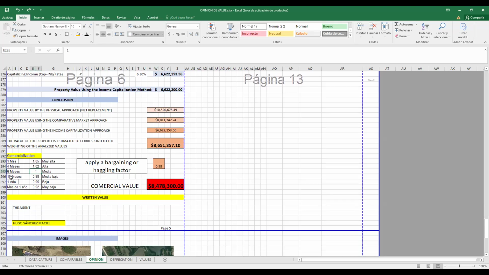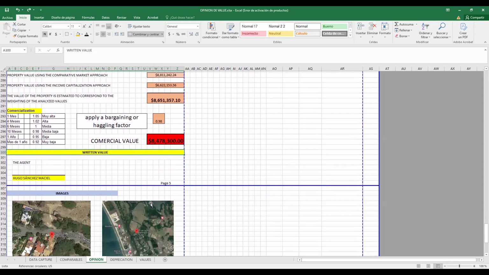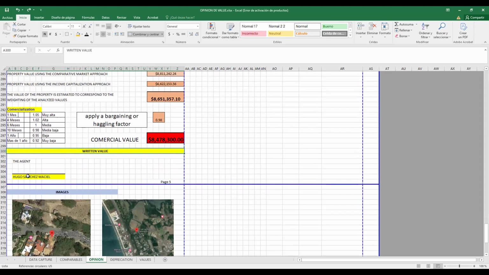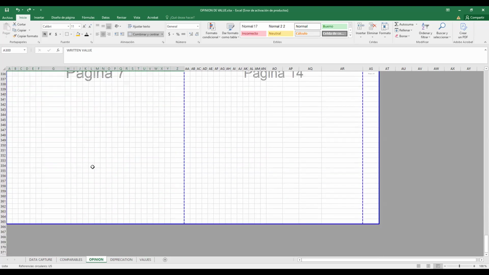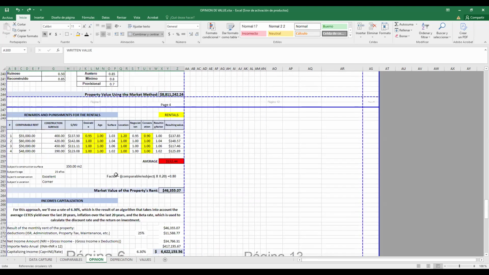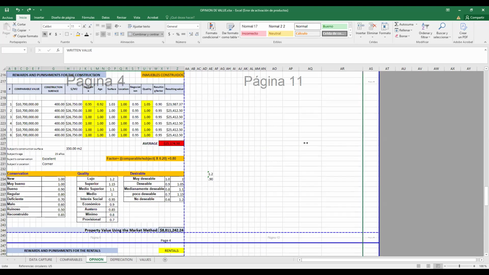So give the owner this information. At least this is the last price, and a written value, 8,500,000 pesos. The name of the agent and your name, and photographs, all the photographs you want to add to the appraisal.